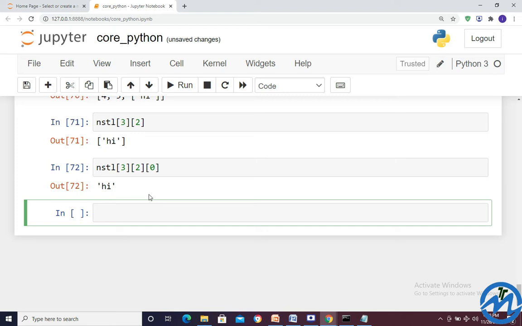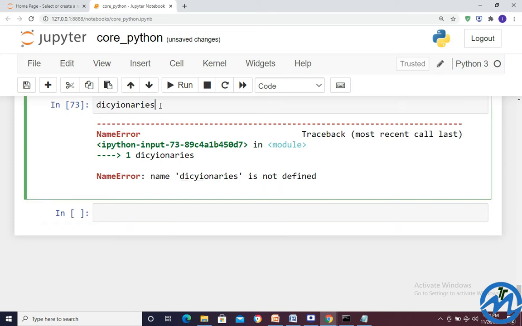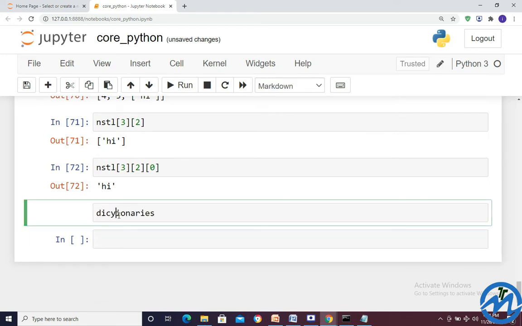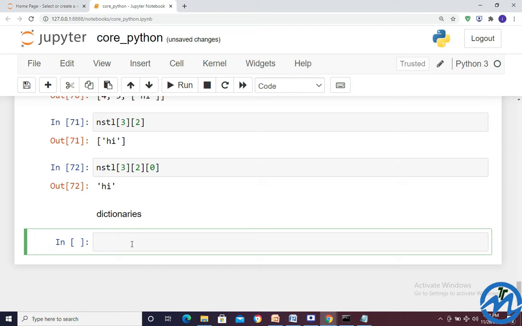This one. Next we'll have to go ahead with the dictionaries. So we'll write the dictionary. As I told you, a dictionary is nothing but keys and values. So let me write first, DICTIONARIES. Dictionary is not defined, no issue, markdown, and then enter. Spelling mistake. DICT, markdown.